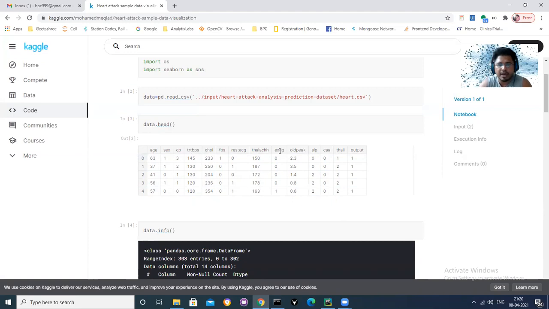But suppose you are working at a medical company, a healthcare company, and you are a data scientist. Then what is your next step? You have to understand what these columns say, right? What are their exact meanings? What are the physical meanings around these columns? How will you do that?